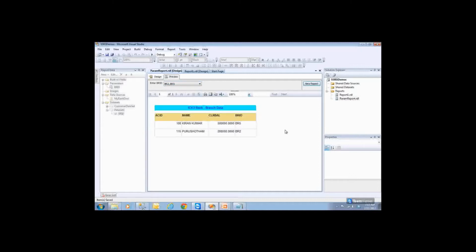Okay, so you need not wait for the user to give the values. Whenever you submit a report, these will be selected. But if you don't need, go back here. You have to uncheck this, and you can select new one if you want. So you should be able to go back and change the values if you wish. Okay, this is providing available values to the report.